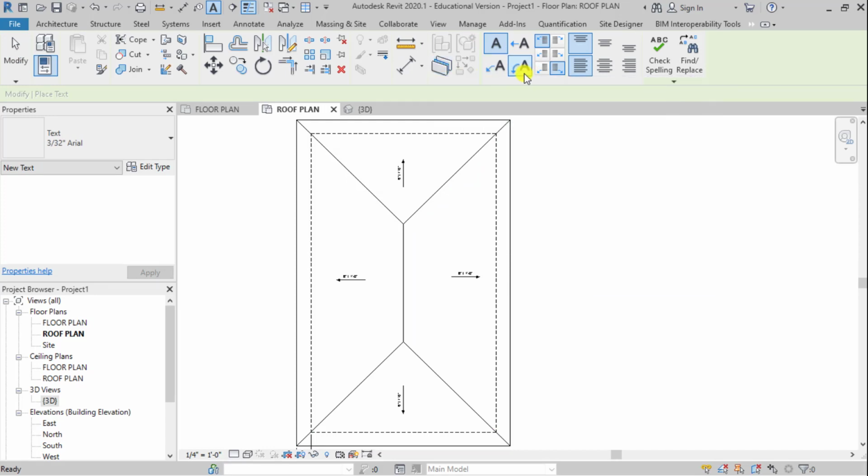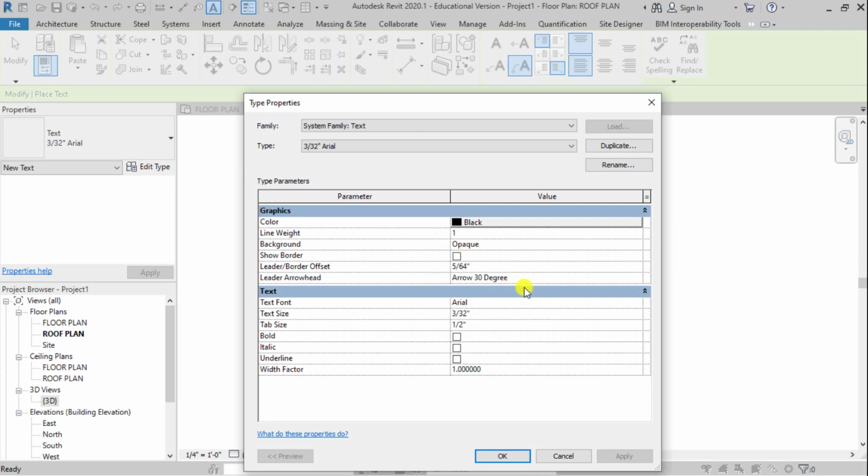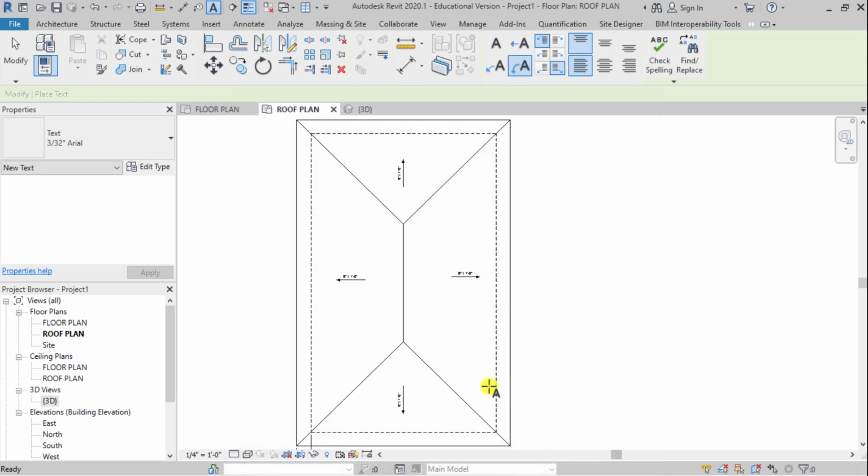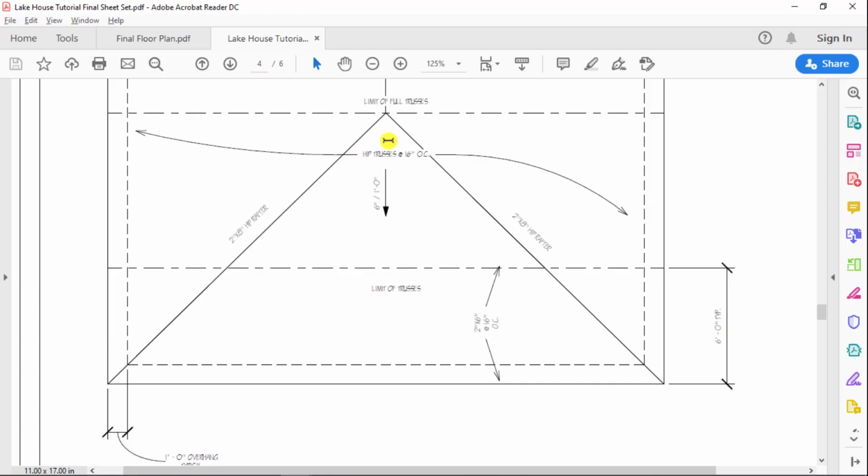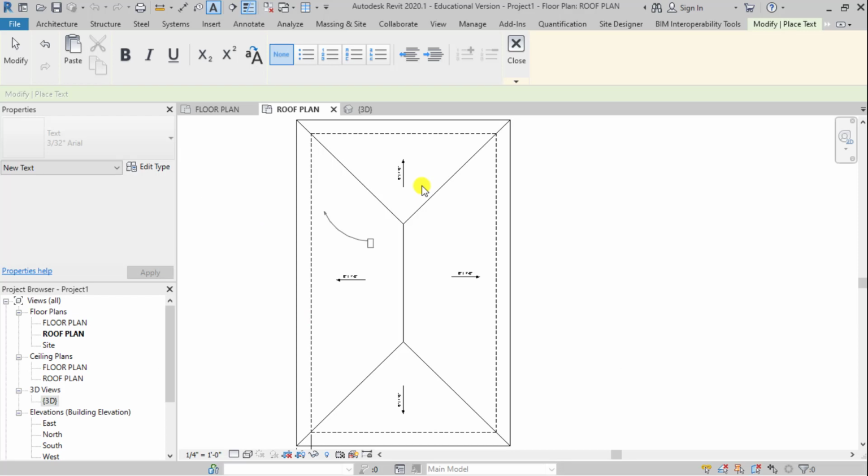So underneath text here, you'll find this, and we're going to change this to also be city blueprint. We're going to check the size once we get it made. So if I draw just kind of an arc here, and then my note is hip trusses at 16 inches on center. So I'm going to add in